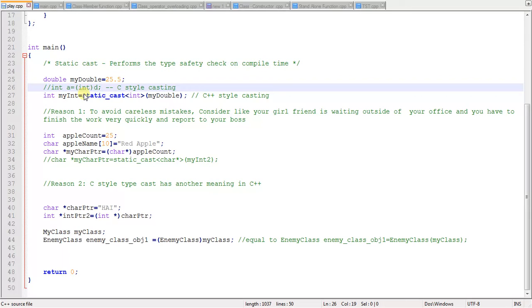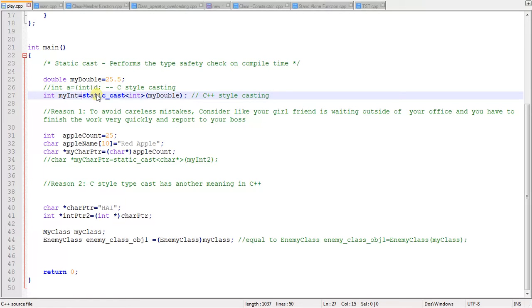The second line here is a C++ style casting, converting a double to an integer. So what is the difference between these two lines? They seem to be the same, and this line will get compiled, and this line also will get compiled. Both the C-style casting and the C++ style casting are doing the same job.